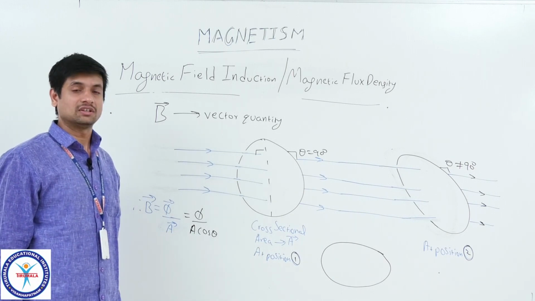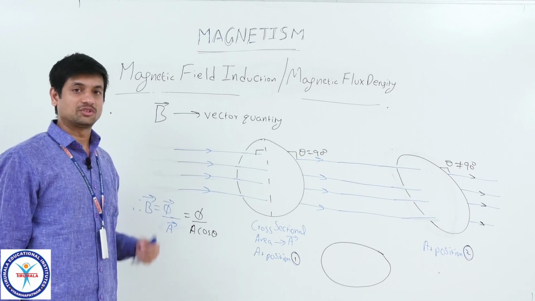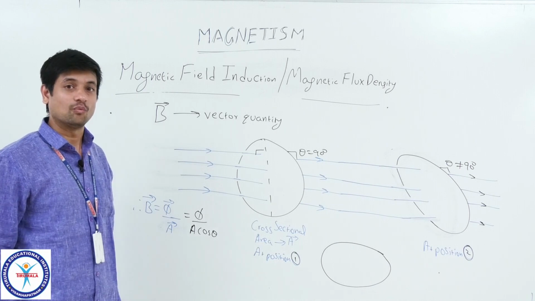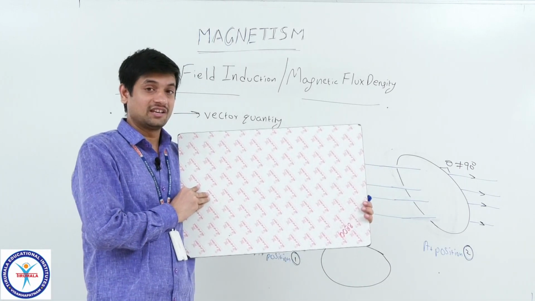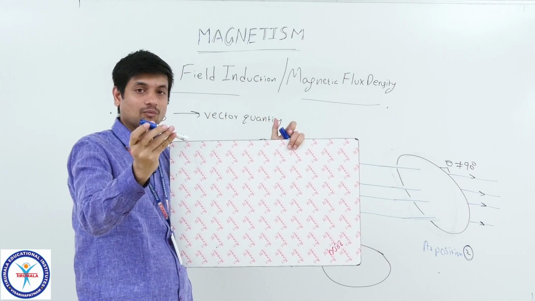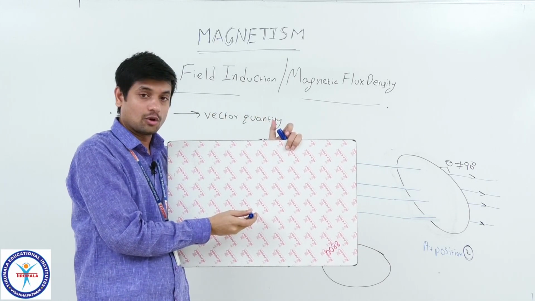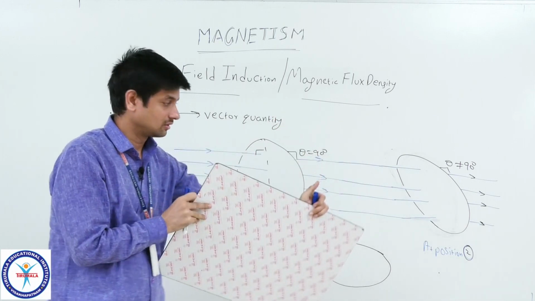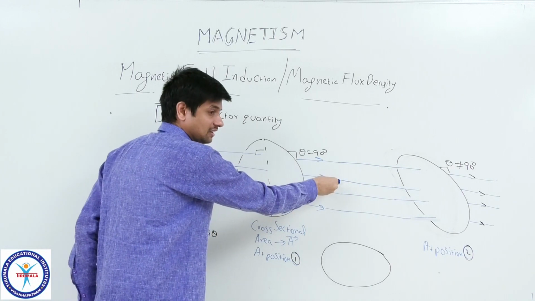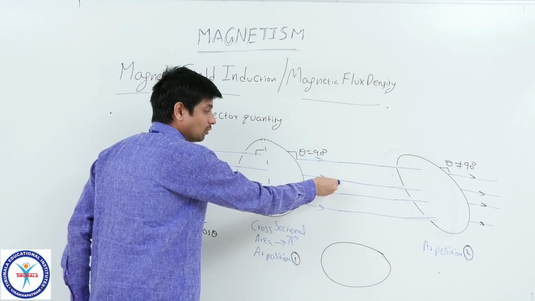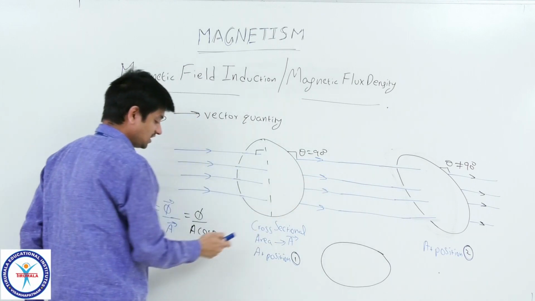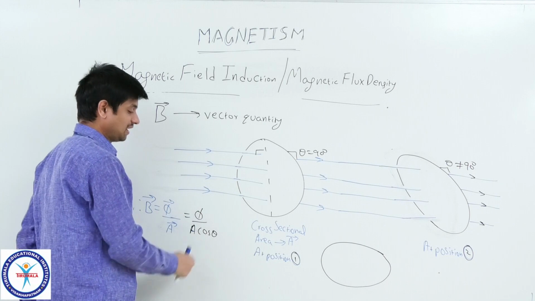So, which area magnitude should I take, so that I can substitute here? Here I am assuming one area vector, that means I am taking one normal. Look at this normal. Now the lines are passing. This is one of the perpendicular normals for this area. How is this aligned with these field lines? Now parallel. So cos 0 is 1. So phi by A you will get.